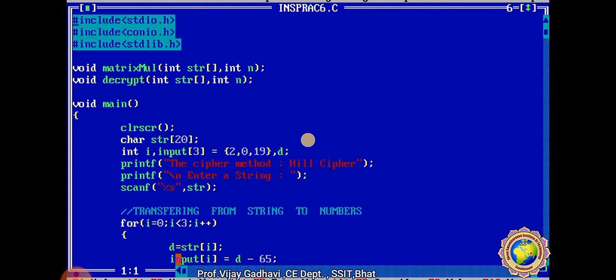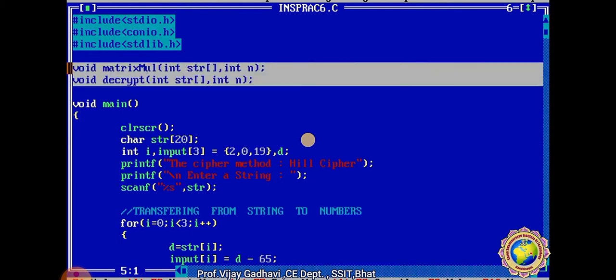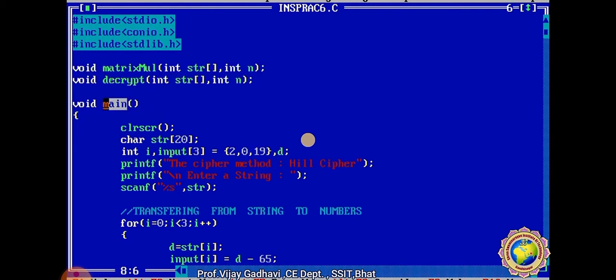This is the program. This is a header file, the main void function, then select a data type. To encrypt, each block of n letters is an n-component vector, multiplied by an invertible n by n matrix. It is again taken modulo 26. Then